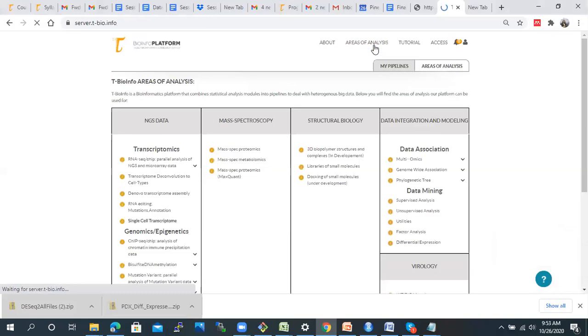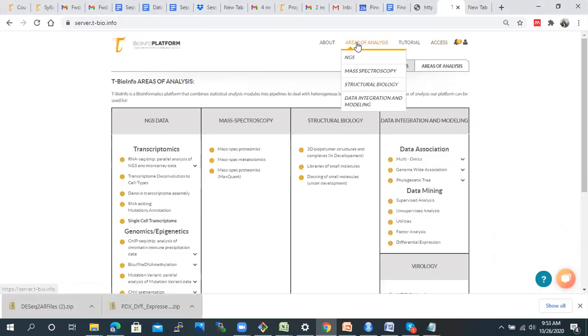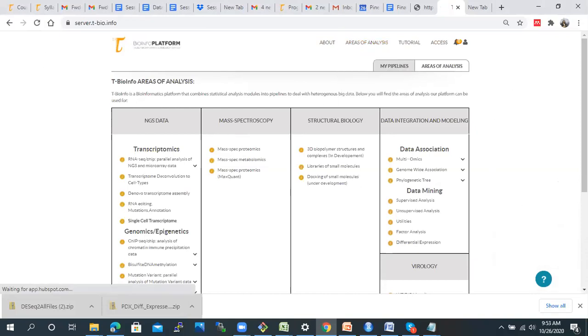Let me show you again. If you are on this particular page, just click on the area of analysis. Even if you are not on this page, just click on area of analysis. You will again be directed to the main home page of this T-Bioinfo server. On the T-Bioinfo server, you will get this option, the fourth one, on the right side.